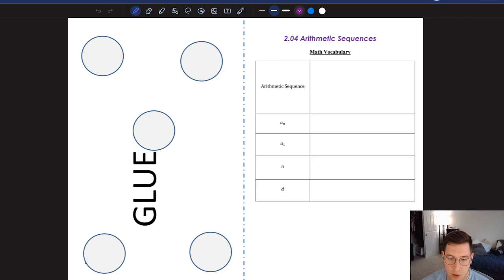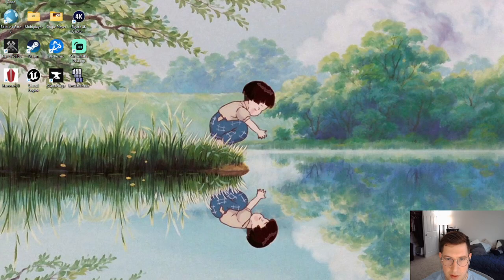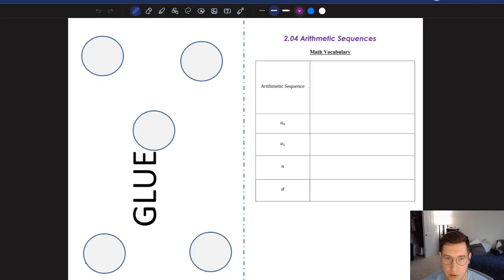Alrighty, so today we are looking at a wonderful new topic that's going to tie in really well with where we're going as we move forward, called arithmetic sequences. And so arithmetic sequences have sort of a wordy definition, and so please feel free to pause this whenever you need. And so an arithmetic sequence is